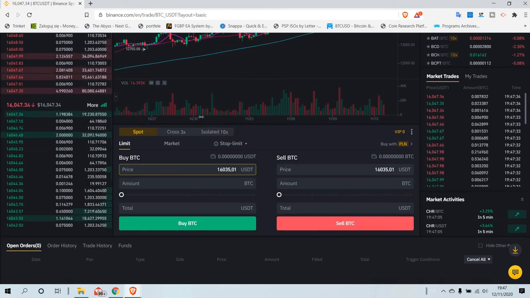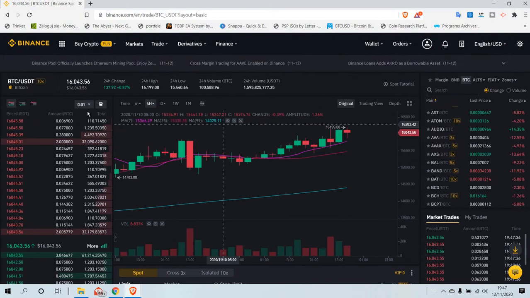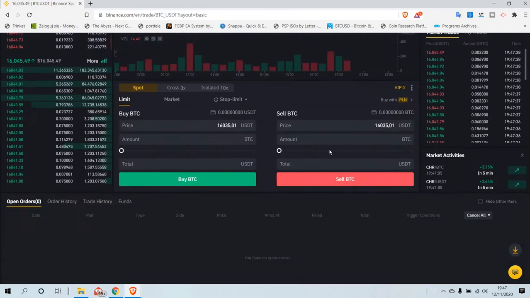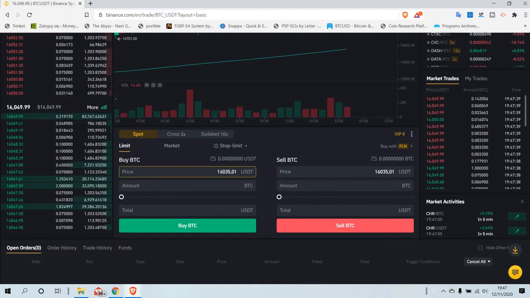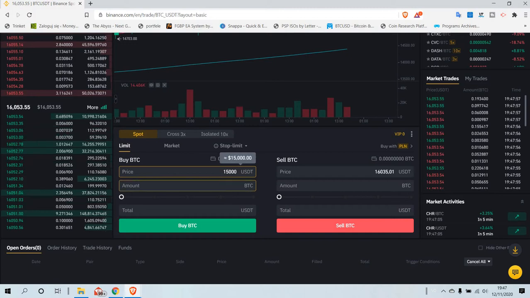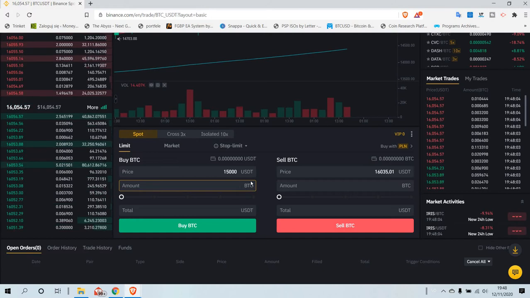So when you are buying, we are on the Bitcoin chart. We're gonna put an example on the Bitcoin. First one in here, limit orders. Limit orders are when you are setting up your own price. Let's say that we want to buy Bitcoin for 15k. In here you write 15k, and then you write the amount which you would like to buy,